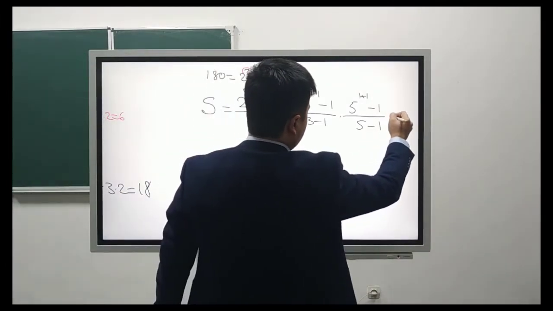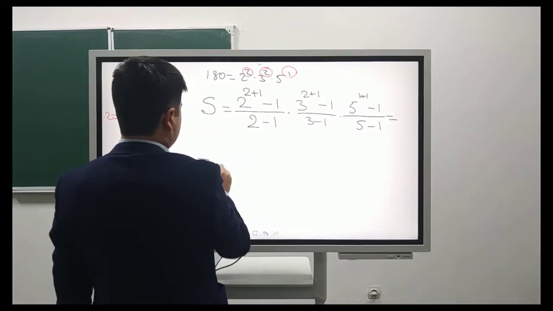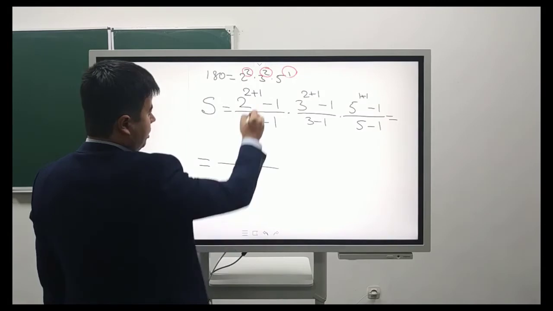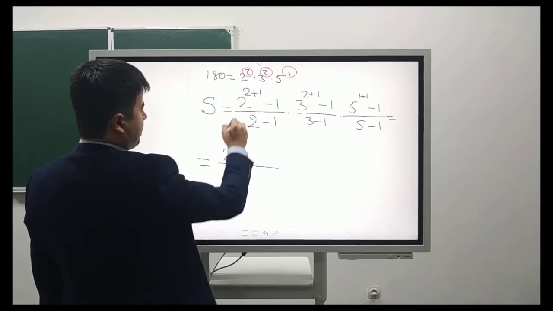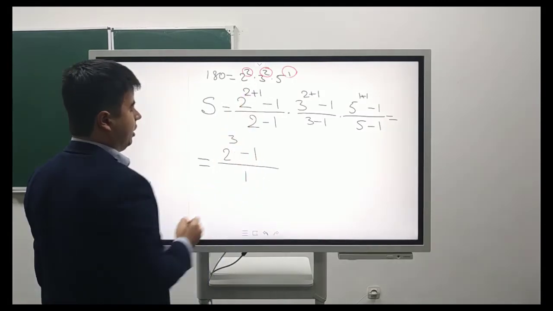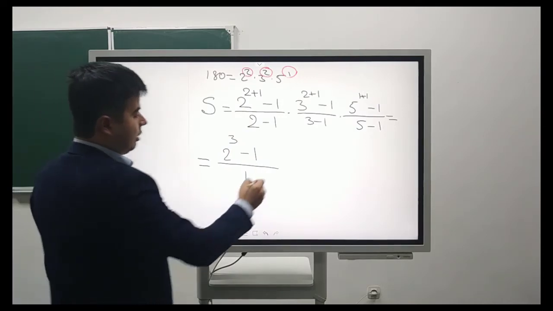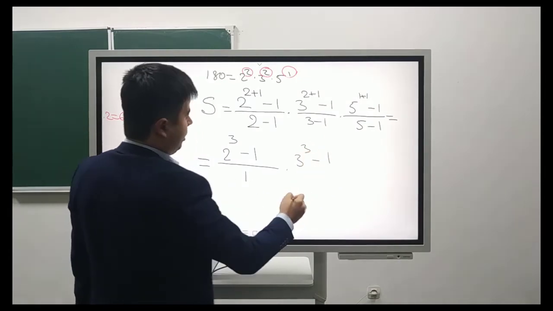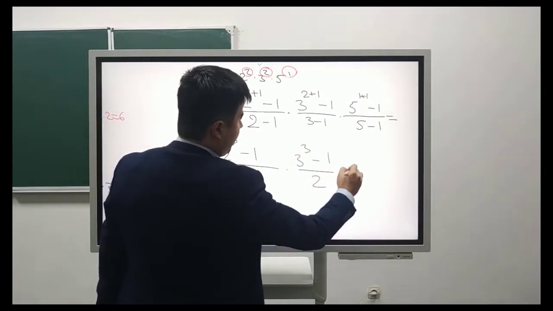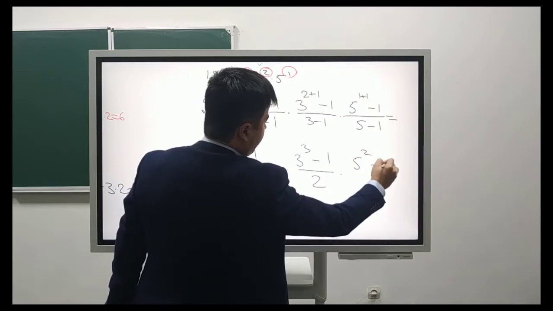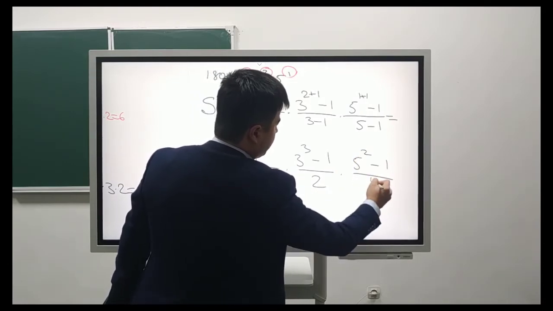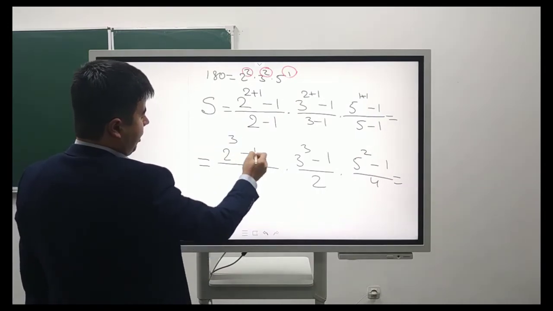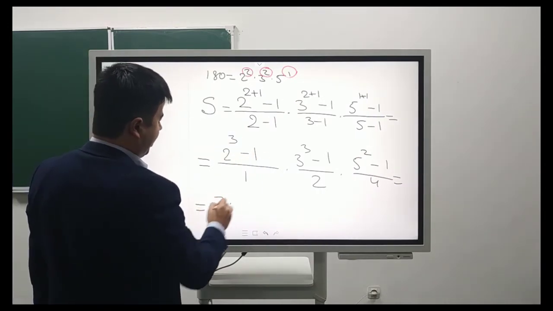So it equals, here we have 2 minus 1, it is 1. Here, 2 to the power of 3 minus 1, times 3 to the power of 3 minus 1 over 2, times 5 to the power of 2 minus 1 over 5 minus 1, it is 4. If we continue, we have here 8 minus 1, it is 7, times